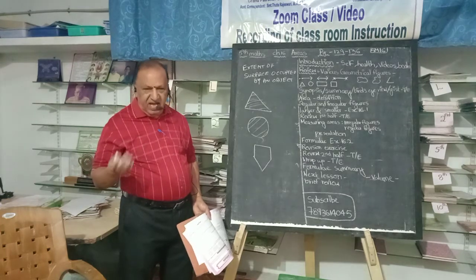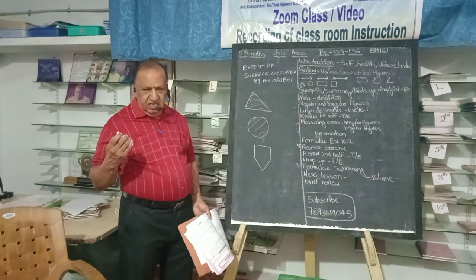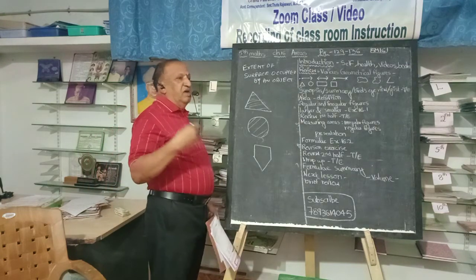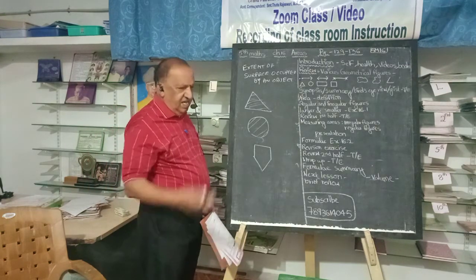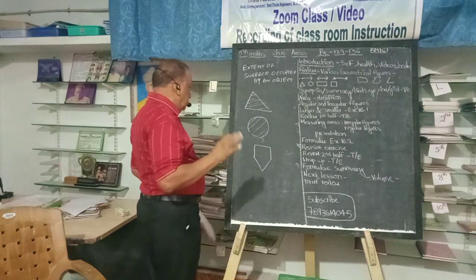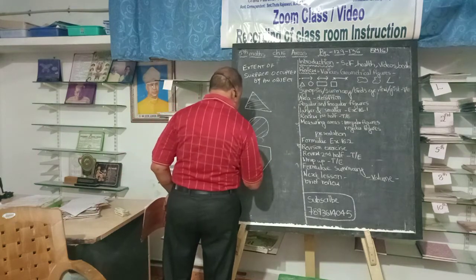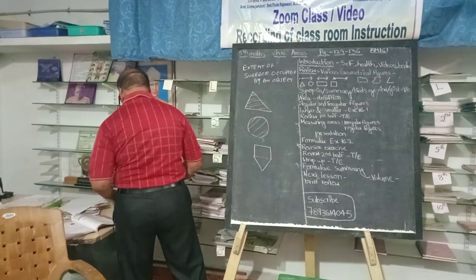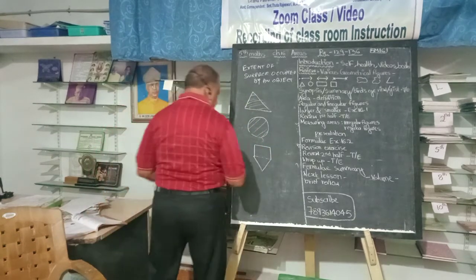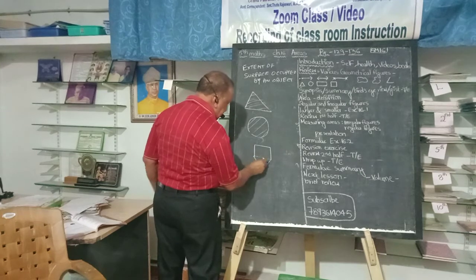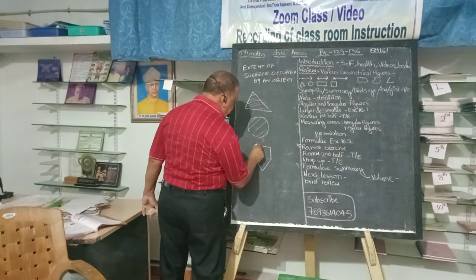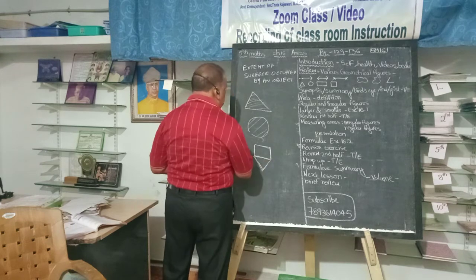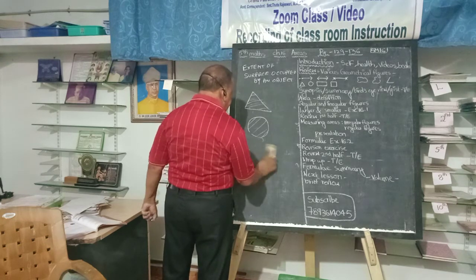You learn about a parallelogram, rhombus, trapezium, and these are all the standard shapes for which you have ready-made formulae to calculate the area. So in which case, what we have to do is convert the odd shape into a known shape. Here, for example, if you draw a line like this, then this becomes a rectangle and this becomes a triangle.